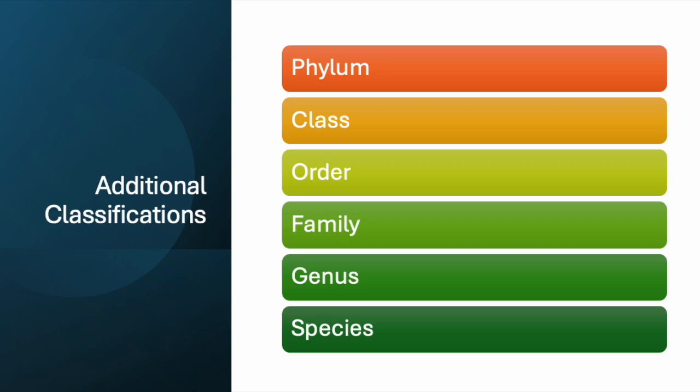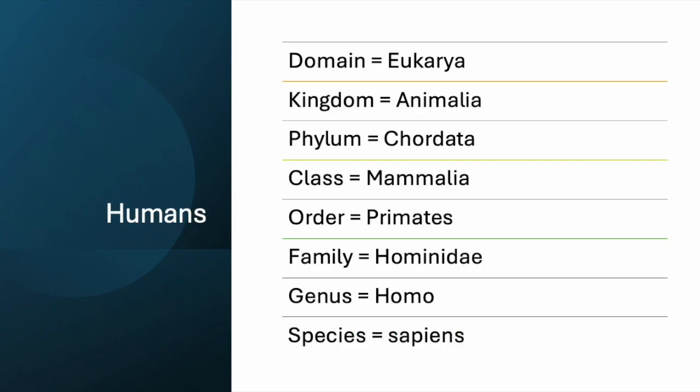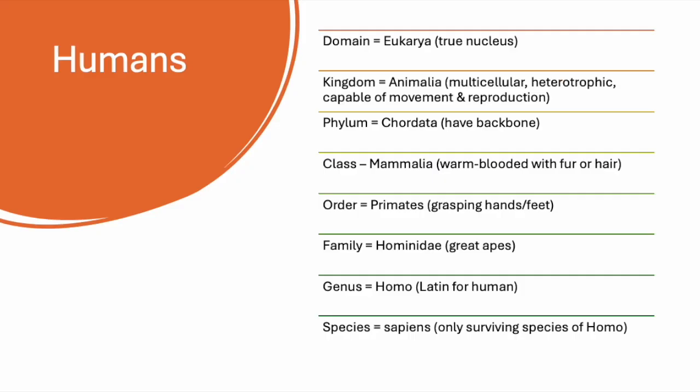So how does this work in practice? Let's take the example of humans. Humans belong to domain Eukarya, kingdom Animalia, phylum Chordata, class Mammalia, order Primates, family Hominidae, genus Homo, and species sapiens, so Homo sapiens. This hierarchical system helps us understand the relationship between different organisms and how they have evolved over